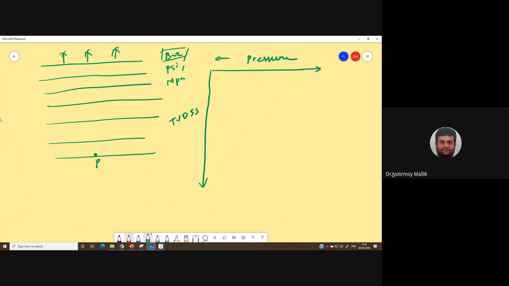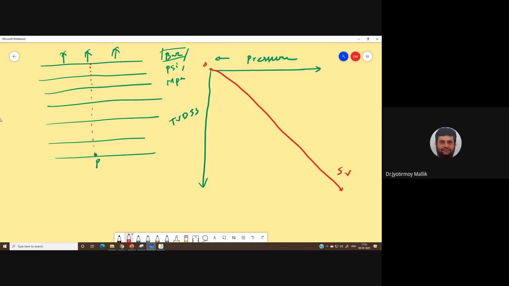So first we have to draw SV. Imagine a point just beneath the surface: we'll have a very low SV because the weight of the rock will be less. As I move with depth, the SV will keep on increasing. So the SV will increase with depth, and at the surface, SV will be 0. This is 0.